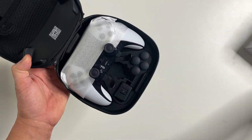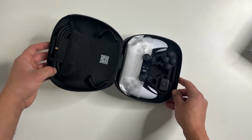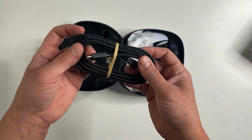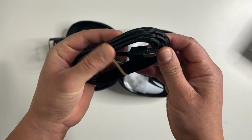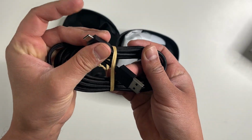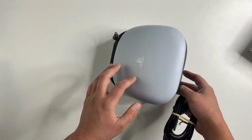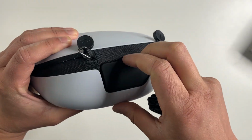I'm gonna go to the controller in a second, but let's look at all the accessories we're gonna get. So on top here is a charging cable, and this is a USB-A to USB-C. It does look to be pretty premium in terms of quality here. So you can charge your controller using this cable, but the case is also a charger as well. On the back right here, you can fling this open